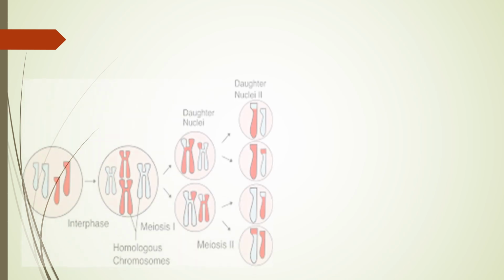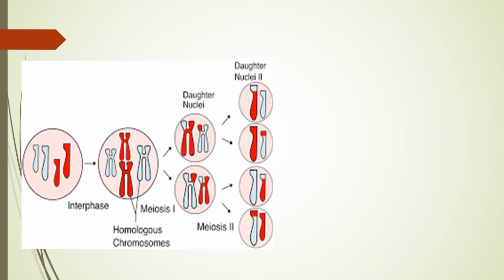Let us briefly discuss cell divisions. There are two types of cell divisions, meiosis and mitosis. Meiosis is very important for the reproduction of an individual. In this photograph on the left side, you see a cell which has got a complete set of chromosomes. This is called a mother cell. This mother cell undergoes meiotic division and produces four daughter cells which have half the number of chromosomes. The mother cell has the diploid number of chromosomes, and the daughter cells have the haploid number of chromosomes.